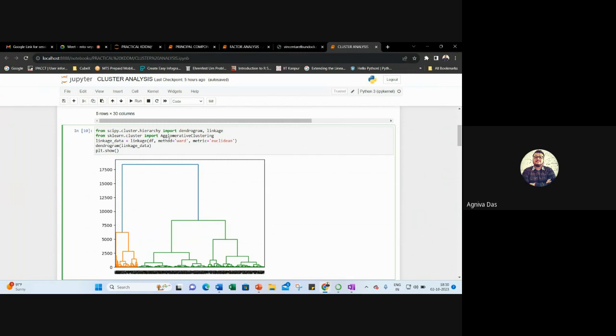Right. Once you do this, then from the sklearn.cluster module we have to import AgglomerativeClustering. And after you have combined this, you already have the linkage command called. So now it will generate the linkages of the data that we have. I have named it df. The method we are using is Ward's method, so write method equal to ward, and the distance we are using is Euclidean distance. So simply write metric equal to euclidean, and then write dendrogram of the linkage data. And once you have that,